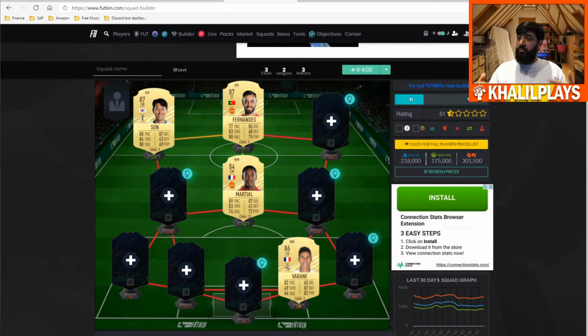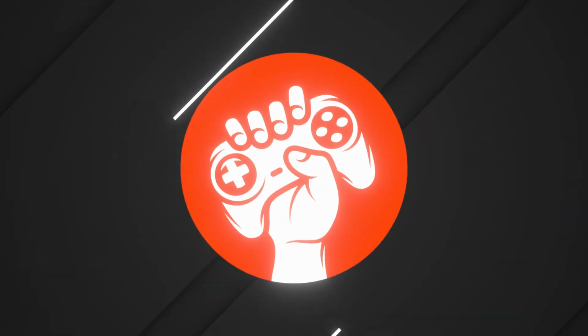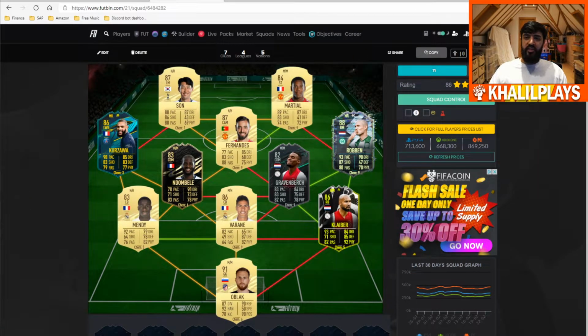Now that we've covered what players Lennon will need to buy, we're going to get into the final part of this video, which is showing you how I would line them up in line with Lennon's chemistry, formation choices, and his playstyle as well. So we come to this page here where it does tie into one of Lennon's requirements